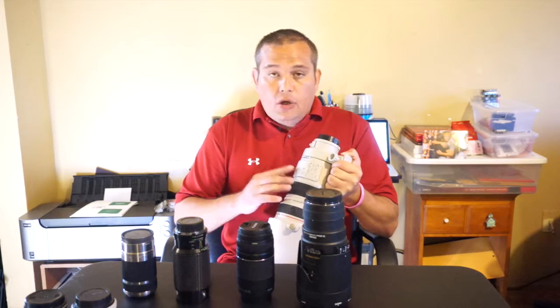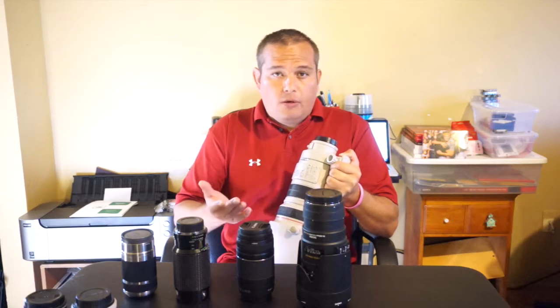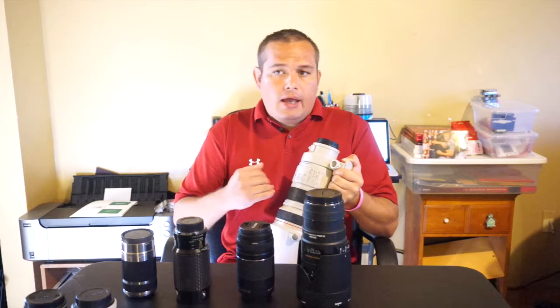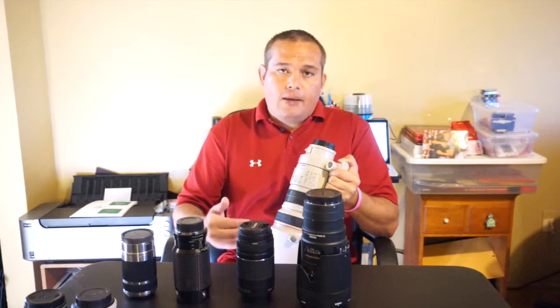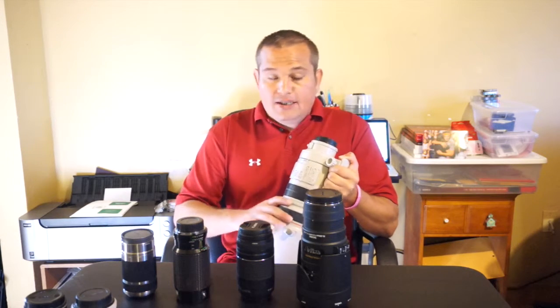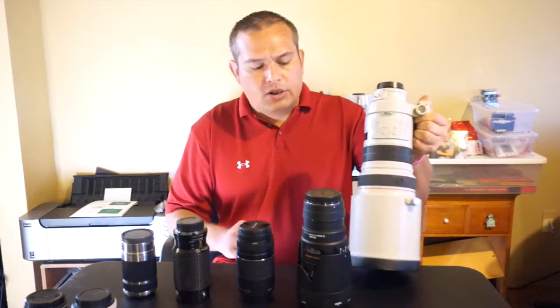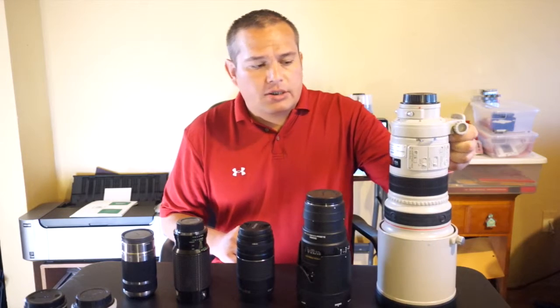So let's say you know that you're going to be shooting something that's 20 feet away and nothing closer than that. You just set this little switch here and it's only going to focus from that point and beyond. It speeds up autofocusing, and it's also great for situations like